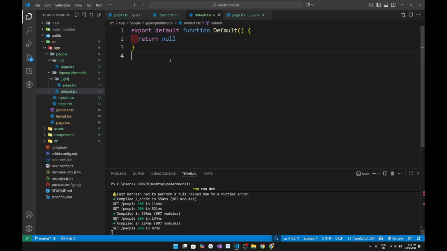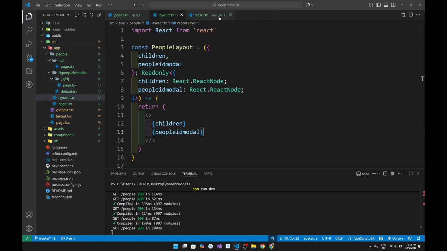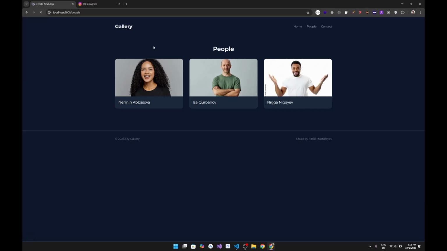You can do the same thing. Just write our function for default. You can name it anything in there, but we prefer to name it like that, telling it to return null, because when we went to the people page, we don't need to see anything other than our people page. So let's see now if it's working.